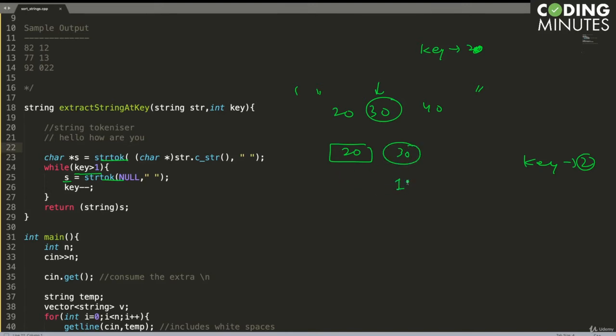Now the key becomes 1, and key is not greater than 1, so the loop stops and we return this. What we get is 30. So basically I'm running a loop, and every time I get the next value in the column, and so on, but as soon as I reach the desired column, I stop.